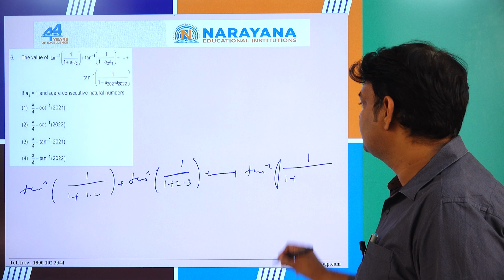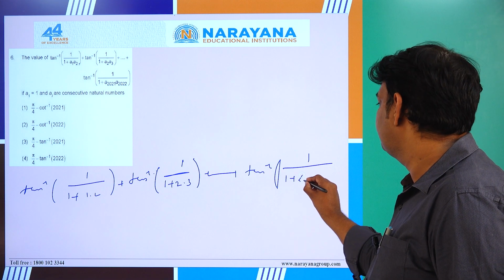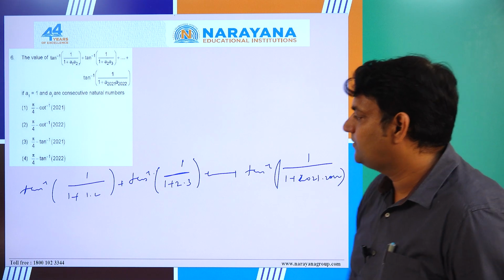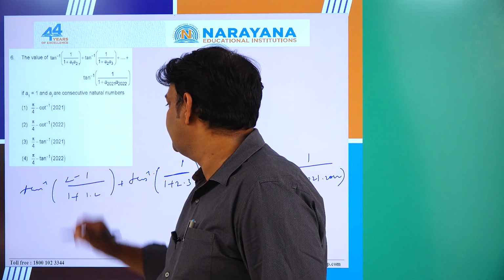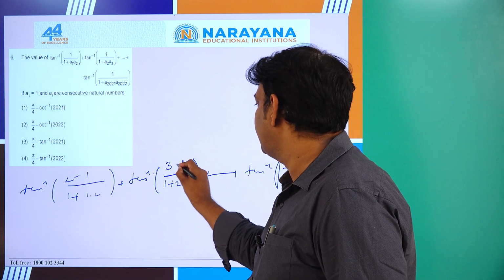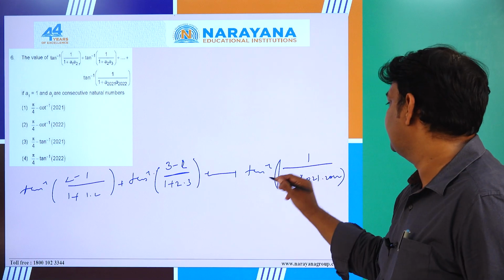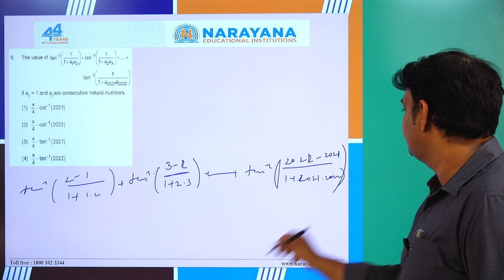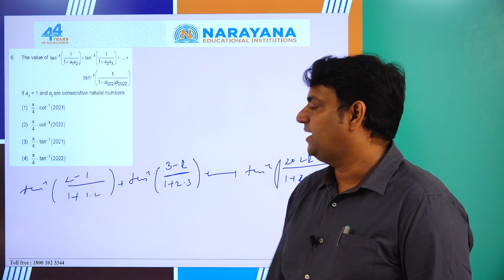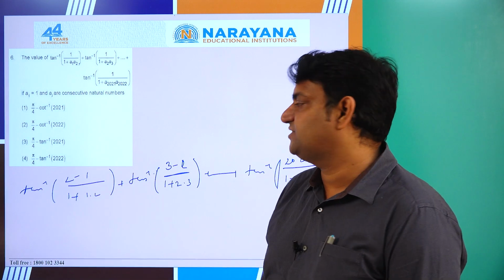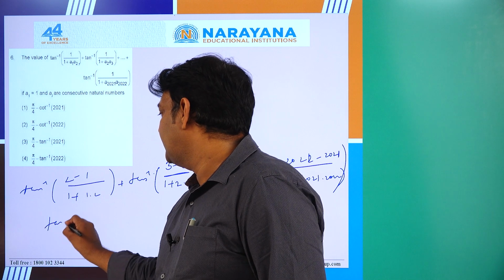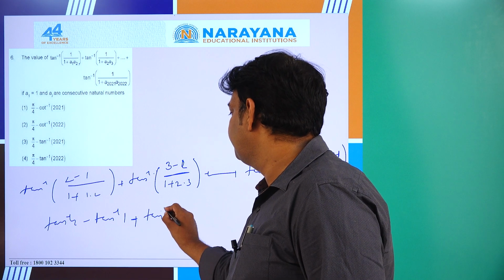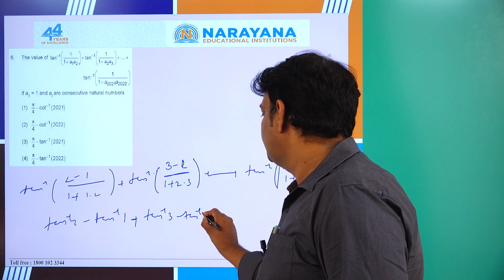tan inverse 1 by 1 plus 2021 into 2022. Now come on, tell me, this one can I write as 2 minus 1, this one can I write as 3 minus 2, I hope you are following, and this one can I write as 2022 minus 2021. Simple problem, you have done a number of such problems. Tan inverse of x minus y by 1 plus xy is tan inverse x minus tan inverse y, that is what you will get here. Tan inverse 2 minus tan inverse 1 plus tan inverse 3 minus tan inverse 2 plus